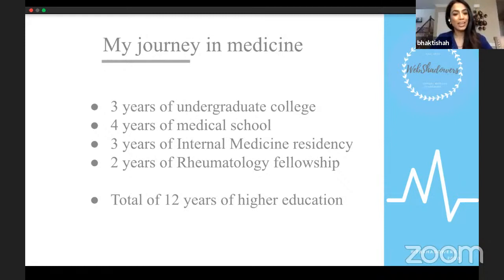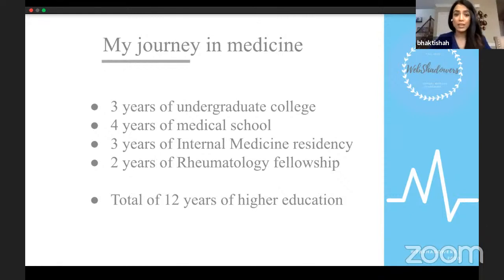But when you are in school, when you are pursuing your training, you have to keep in mind what the long-term goal is here. It is hard. You're going to be making sacrifices during residency and fellowship. Oftentimes you're working 60 to 80 hours a week. You're working weekends, you're working nights. It's hard during those times. You will miss things. You will miss family events. You will miss dinners with your friends. You'll miss weddings, baby showers. You won't be able to travel as much, but it is all okay because it's all so worth it in the end.